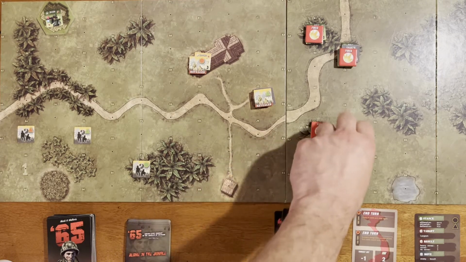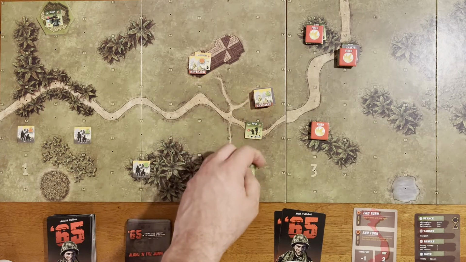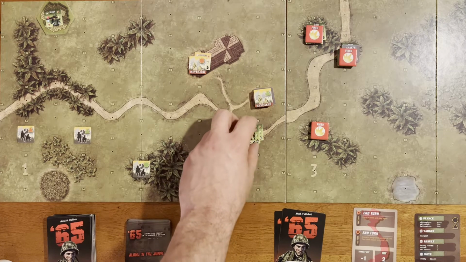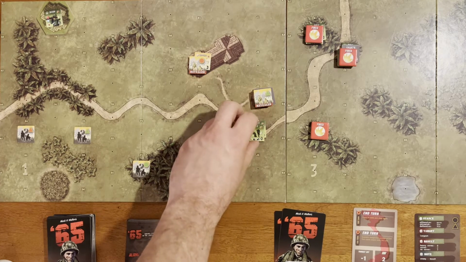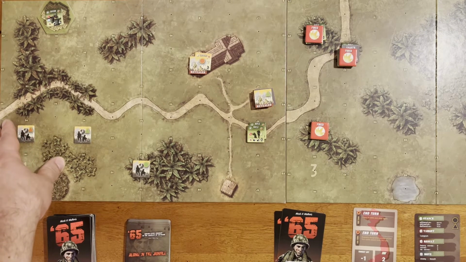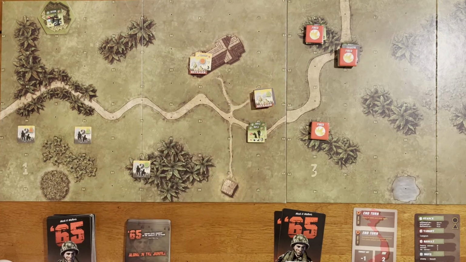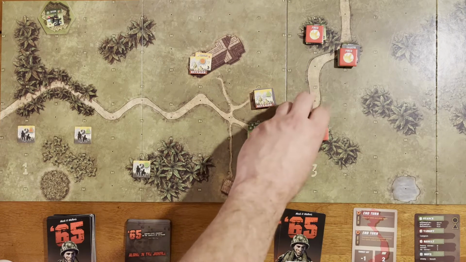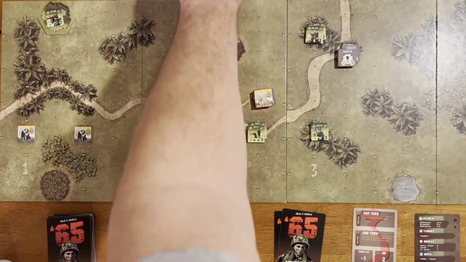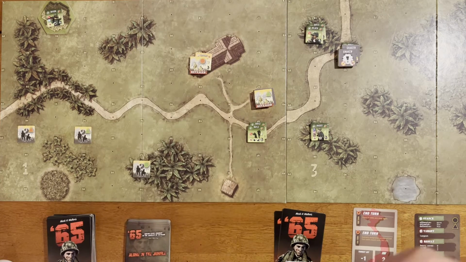I'm going to move them here, which kind of opens them up to some potential fire from 3 different spots. But if I can grab initiative, I'm going to assault this hex. So that would be my plan for turn 2. I'll then remove my fired markers, and we would start turn 2 by